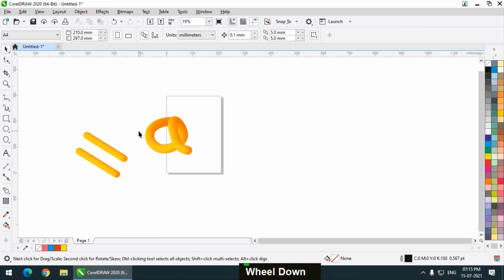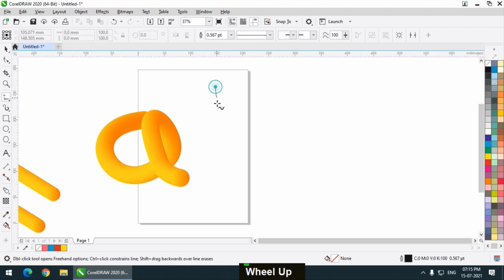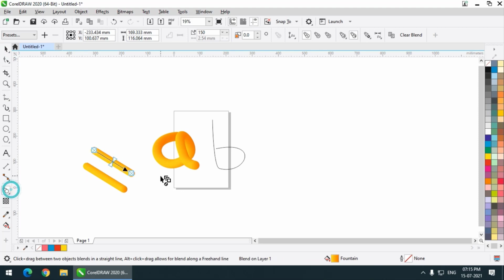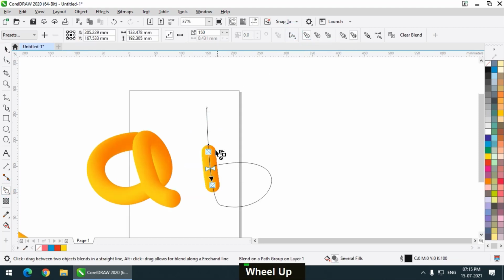I will try to create another letter, maybe B. Again select this one, blend, new path, and click over here. So this is how it will look.